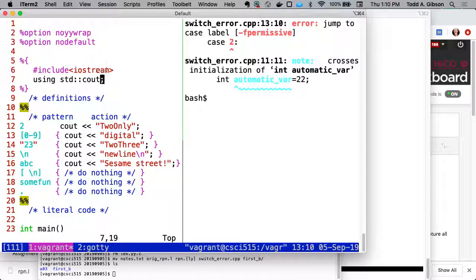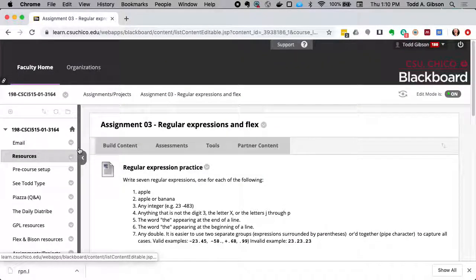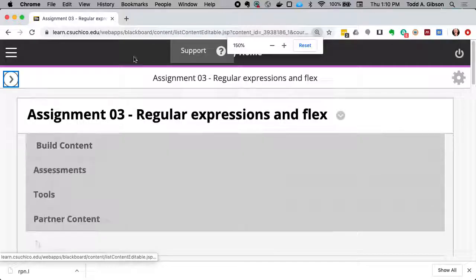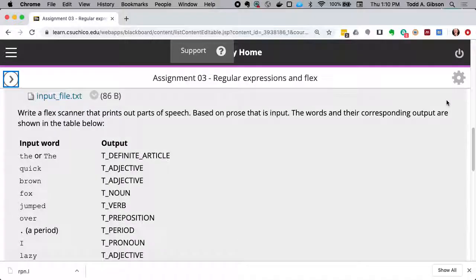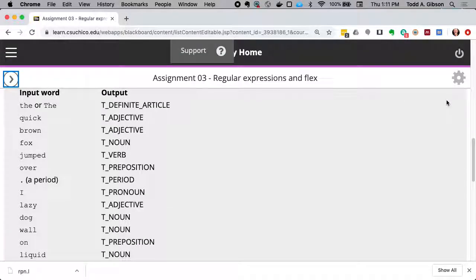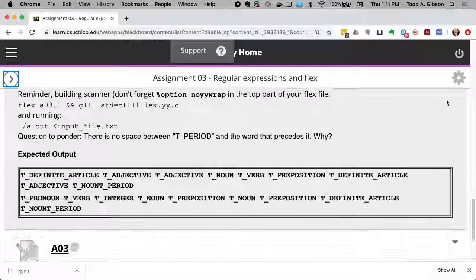So, what I'd like you to do then, again, you don't need the no default for what I'm about to ask you to do, is if we come back to this assignment 3, we did the regular expression stuff in class last time. Now I'd like you to do this right here. So I want you to write a scanner, a flex file, that is going to print out parts of speech, and I don't want you to handle the entire English language because that'd take a while. All I've done is I've provided